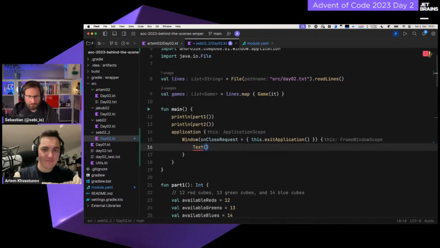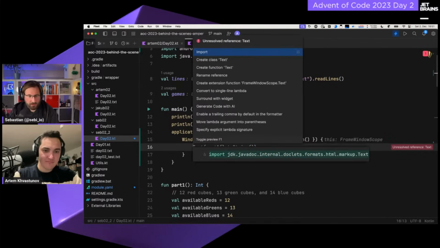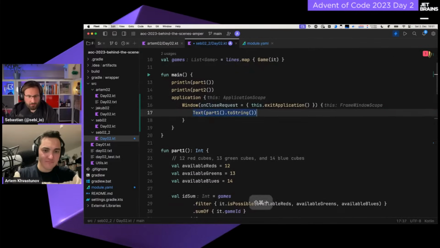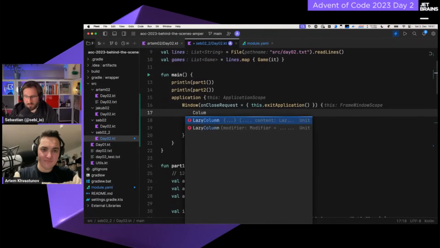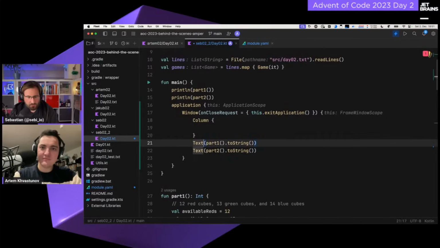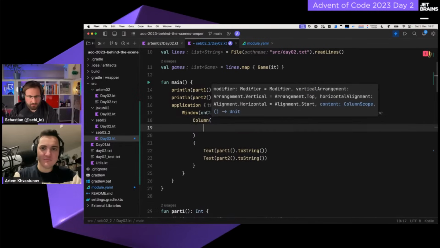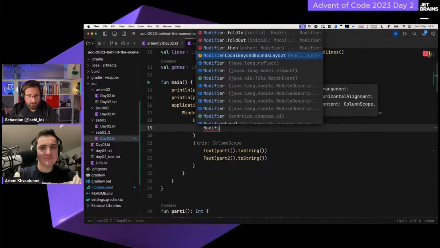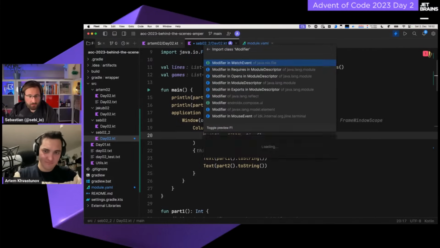So we're not going to build a visualization out here, but we could just take our part one text, which is a string. We'll probably make sure we import this one from the composables, and we'll do the same thing for the second part. Anyone who's writing Compose is screaming the moment I don't use a column and I have more than one element, so I'll just move that in here. Maybe we'll give it a little bit of styling. What do we have here? We first of all set a modifier. We'll have a modifier fill max size. That seems fine. We'll import